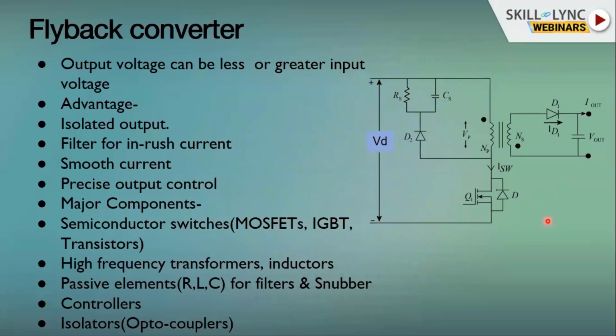Let's talk about the continuous current mode. When it is in this mode, like I said, the current is not going to zero, so we'll have a very smooth current at the output. When we have a very smooth current at the output, that is definitely good. So what is the disadvantage here? The disadvantage is that because you are storing more energy in the transformer or inductor, you need a really high value of inductor. Selecting a high value of inductor may increase the size, weight and cost of the inductor.